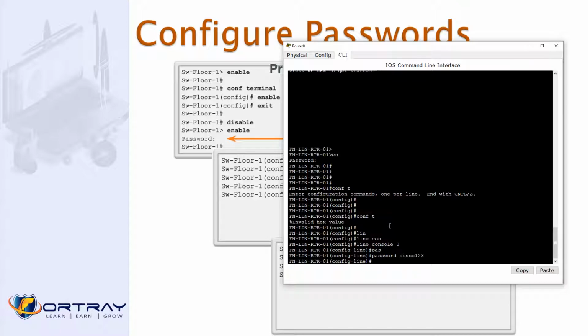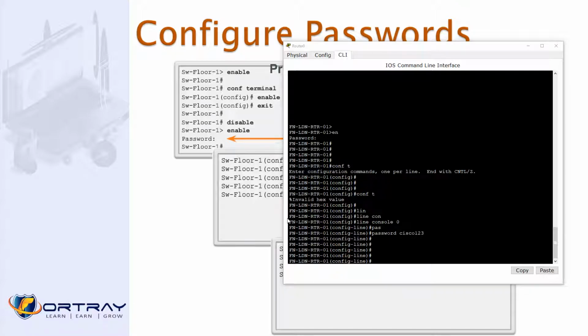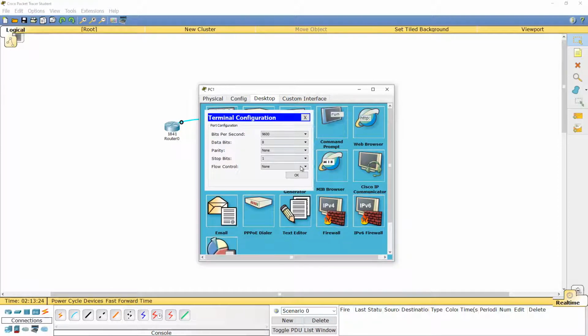So it's better to secure your console as well. Now simply if I try to log in through the console this time,